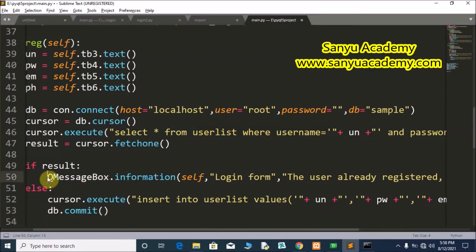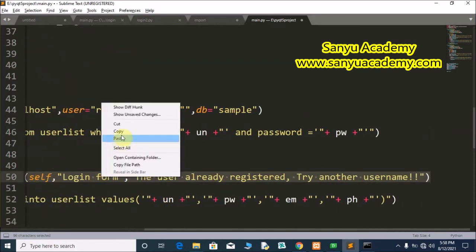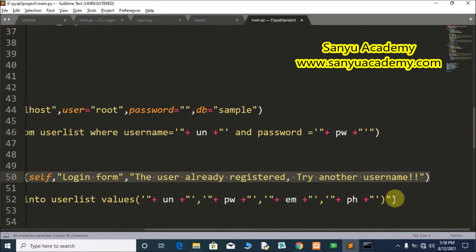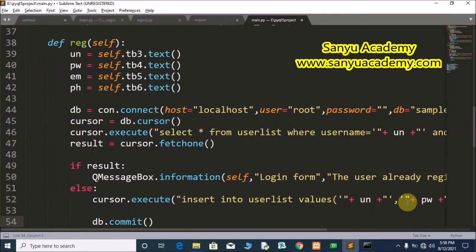Member registered successfully. We will copy this message box, select this line, right click, copy and paste it after the db.commit line. Right click, paste.